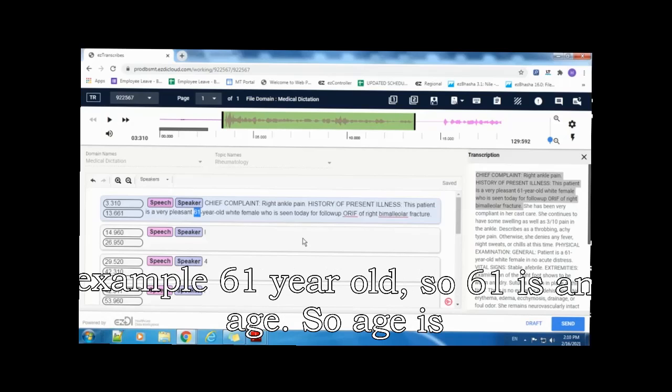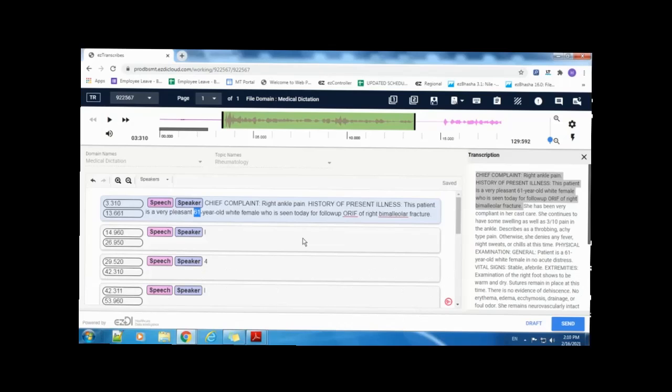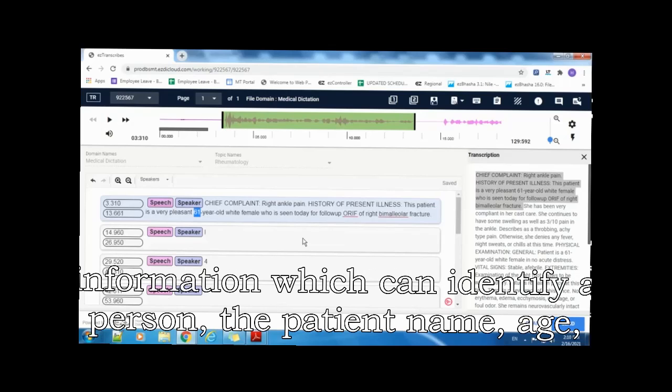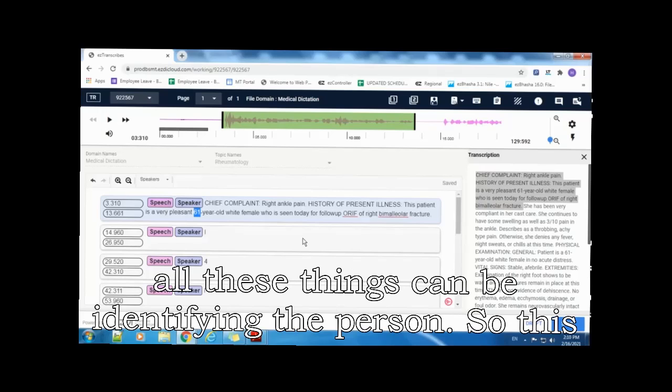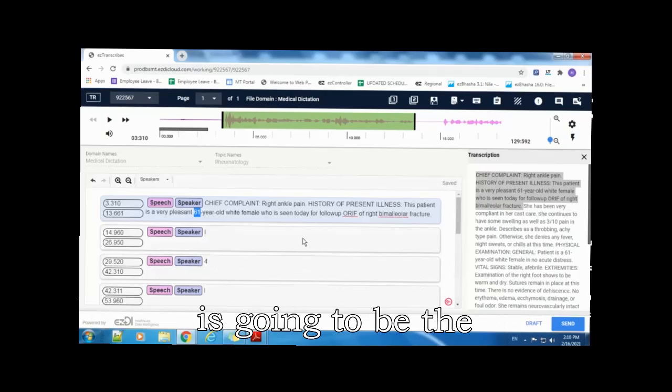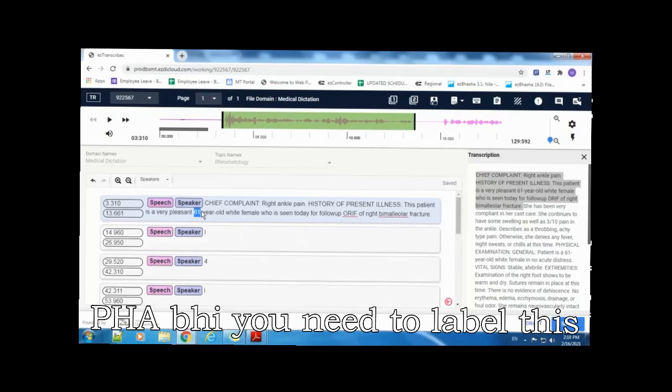For example, 61-year-old. So 61 is an age. Age is information which can identify a person, the patient name, age. All these things can identify the person. So this is going to be the PHI. You need to label this.